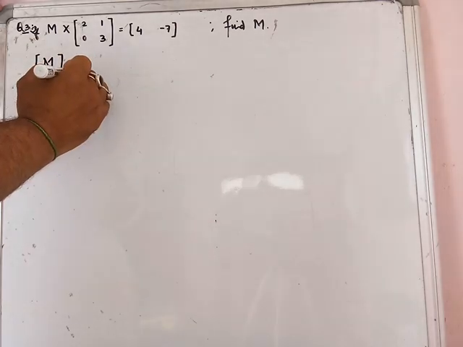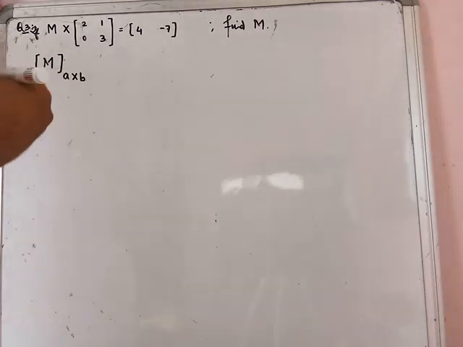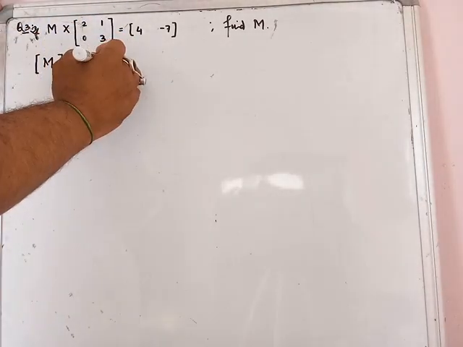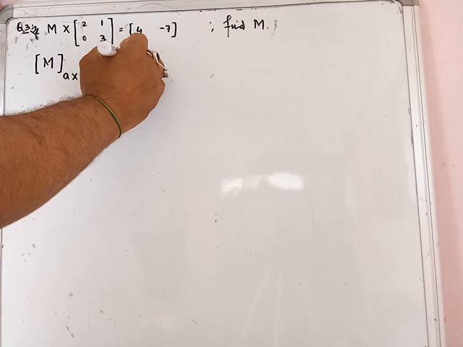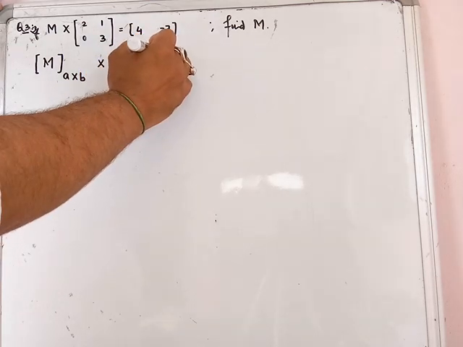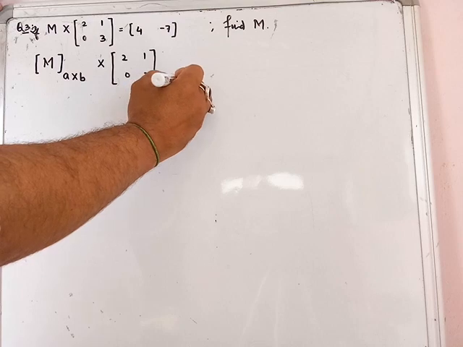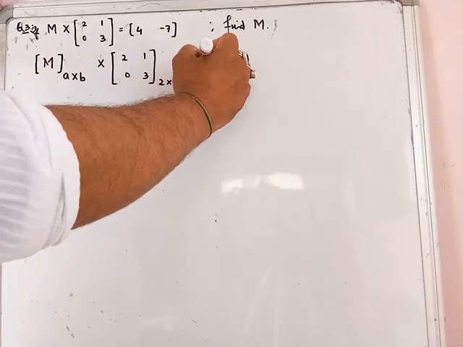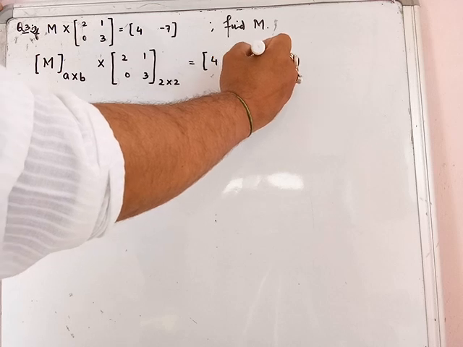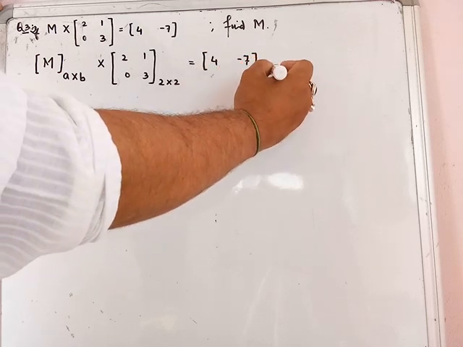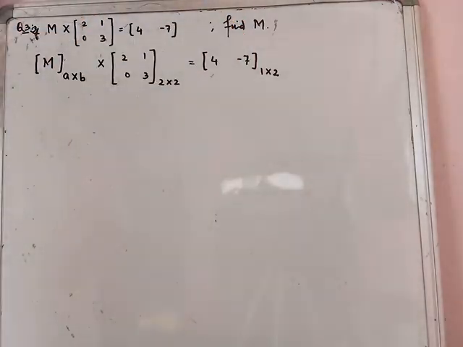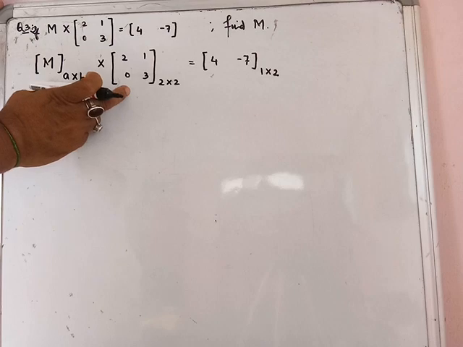Okay, and order we don't know, so we will write A cross B or X by Y, whatever you want to write, multiplied by, we have 2 1 0 3. Okay, the order of this matrix obviously is 2 by 2, equal to, so the resultant matrix we have 4 minus 7, which is having an order 1 by 2, 1 row 2 columns. Okay, now going back to the condition, we have already discussed one such type of question, but I wanted to repeat this type because usually this is where the children go wrong. Okay, now you see these two matrices are getting multiplied.